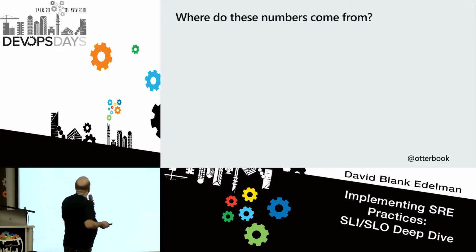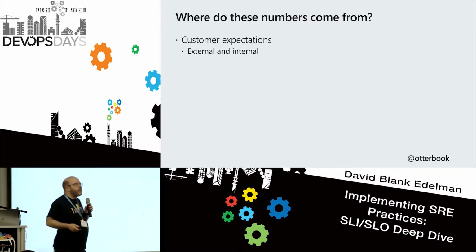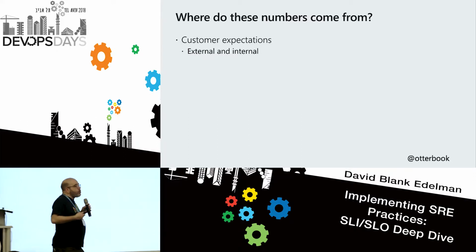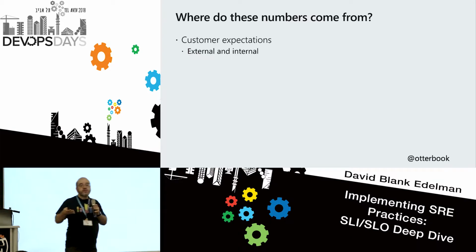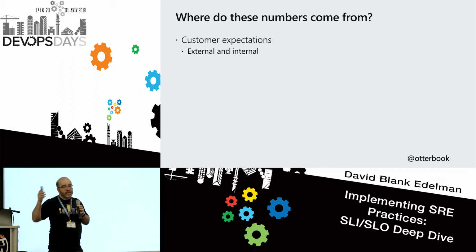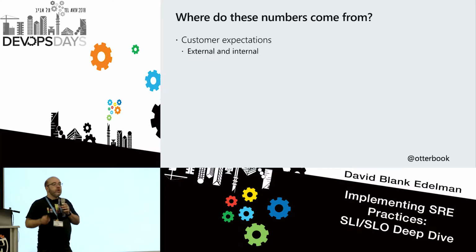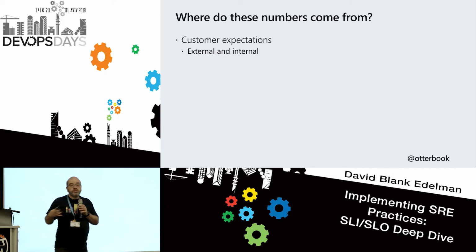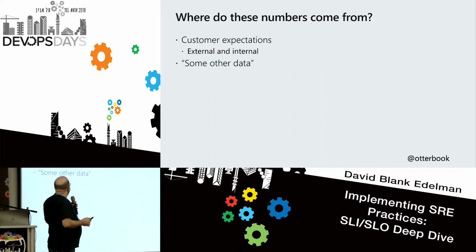Okay, so where do we get these SLOs? Where am I going to get these numbers from? How am I going to determine what the right numbers are? The first possibility is that maybe I already know there's a customer expectation that my latency has to be this slow, because I have some monitoring that says I start losing business if it gets any slower than that. Or maybe somebody comes to me and says, hey, I want to use your service and I expect a response within 10 milliseconds. Sometimes customers will just tell you and you'll just know what they are. And that's great, and you can use them.